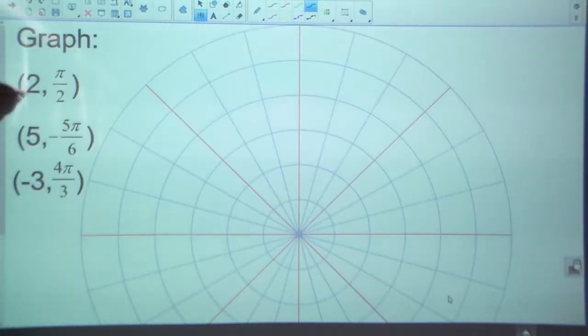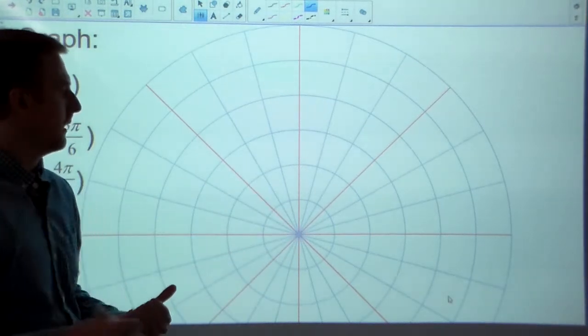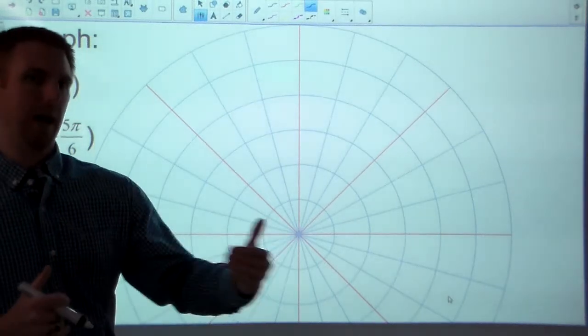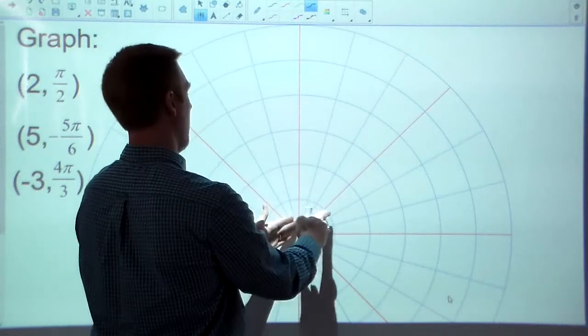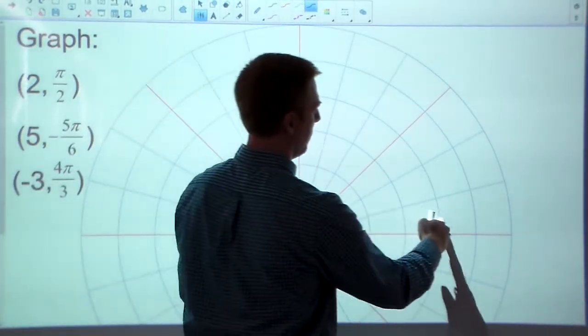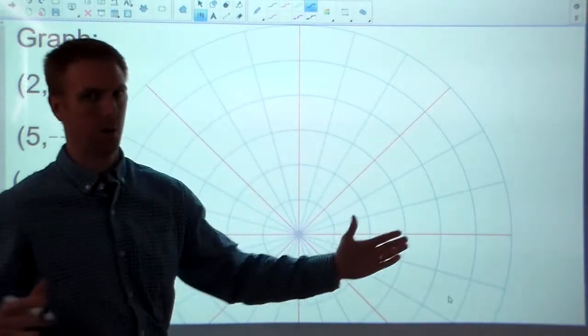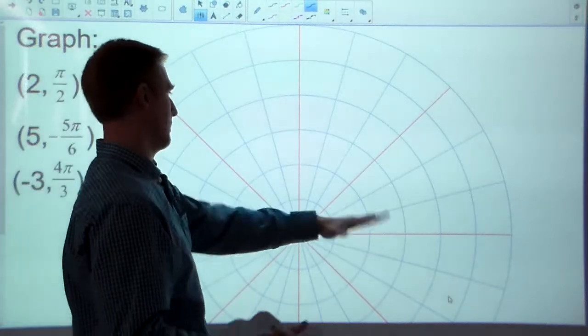So here I've got three different points that are in polar coordinates, and this is a polar graph. It looks really similar to the unit circle, except it has lots of different radii. So instead, a unit circle would just be a radius of 1 with all the different angles that we could have. This has a radius of 2, 3, 4, 5, and 6, and this could go on as far as you want to go. One other thing to look at on this grid, and this is just one I pulled up,